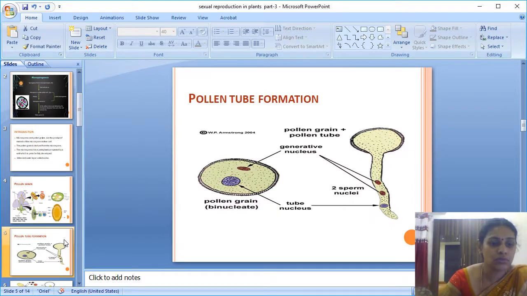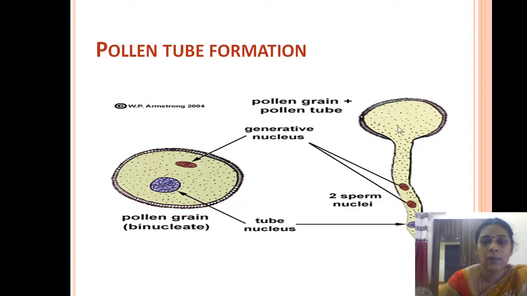Through this pore only we get a pollen tube. What is this called? Pollen tube. Pollen tube means the germination of our pollen. The inside intine layer comes out through the germ pore or the furrows present in the exine layer, and that is called the pollen tube. It happens only when it reaches the stigma. So the pollen becomes a pollen tube, that is, the pollen germinates when it reaches the right stigma.